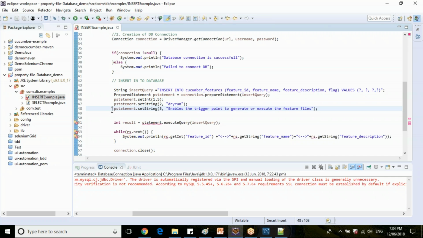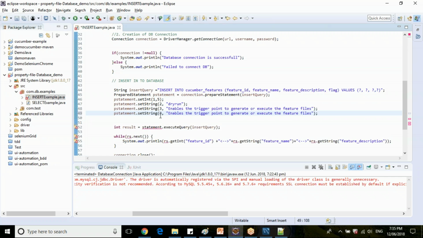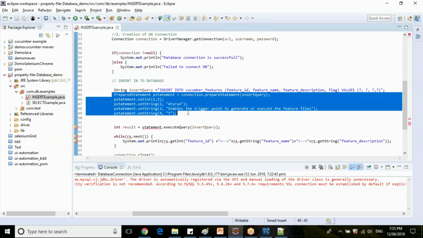Okay. Now, similarly, prepare the fourth question mark statement here. Pass the index value as 4, and let's say the flag is enabled. Clear? So this is the way you create your prepared statement. Once your prepared statement is done, what is the next step?